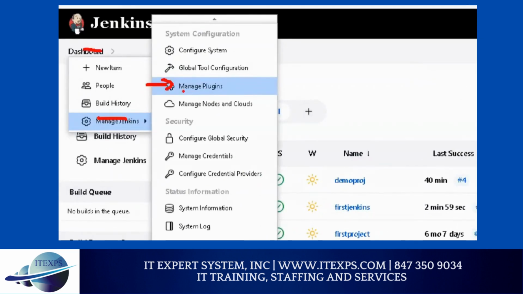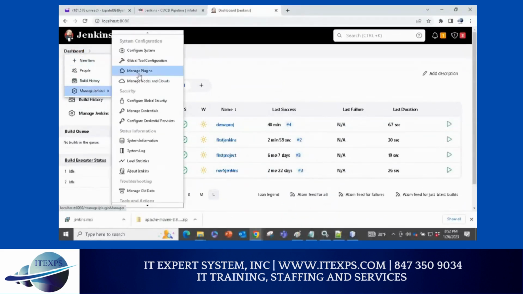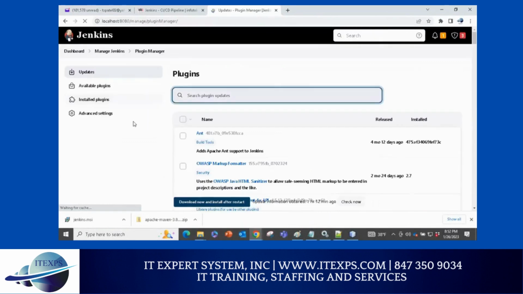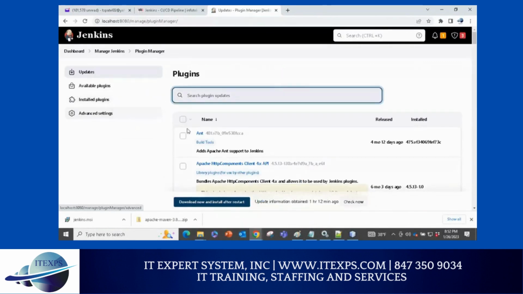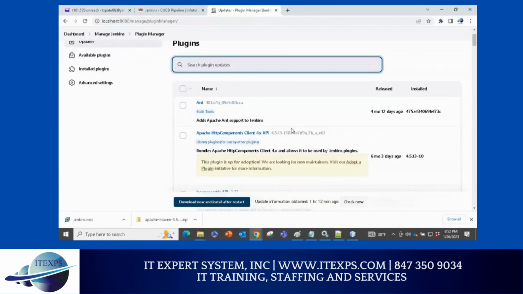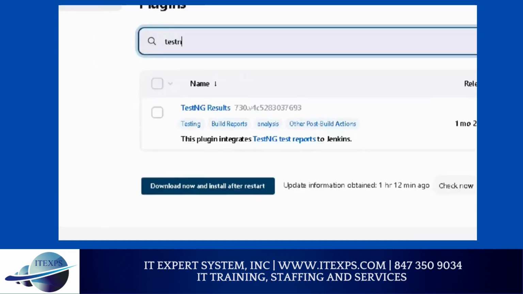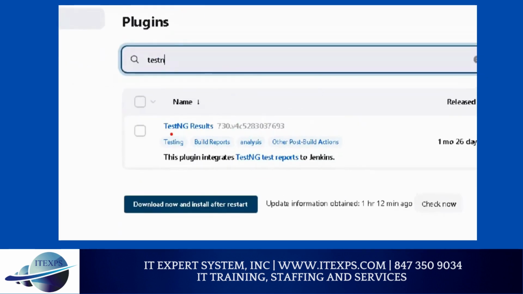Click on manage plugin. Now what happened? Managed plugins are all free, so you don't have to worry, but in real life, you can buy plugins also. Now here, we are interested in report. And I know by knowledge that TestNG report is not there. So I'm going to search TestNG. So you can see here, it's automatically giving me TestNG result. So I'm going to check my